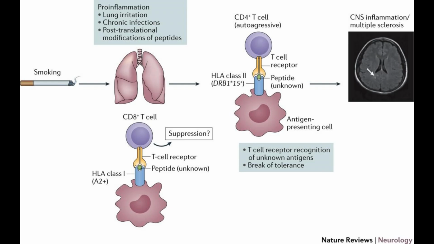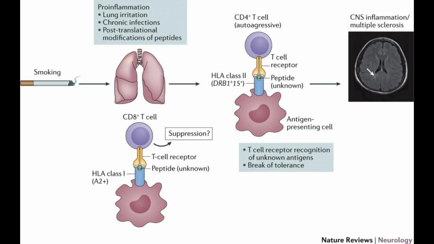Eventually, they cross the blood-brain barrier, encounter the myelin basic protein, and the T cell receptor binds to it. The T cell thinks, the Epstein-Barr virus is back. Attack. It unleashes the full destructive cascade we discussed earlier, completely unaware that it's actually destroying the patient's own neural insulation because the myelin is wearing the same uniform as the virus. That is deeply tragic biology. The immune system is just trying to protect the host from a virus, and it accidentally triggers a lifetime of